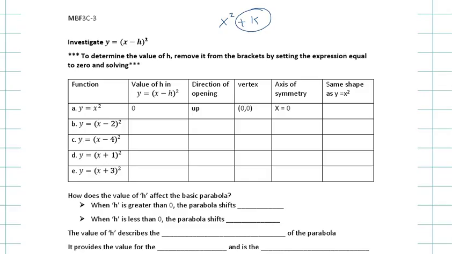It's going to go up or down. We call this vertical translation. Translation means you're moving it all up or all down. So k, the value that you add outside your x squared, is going to move it up or